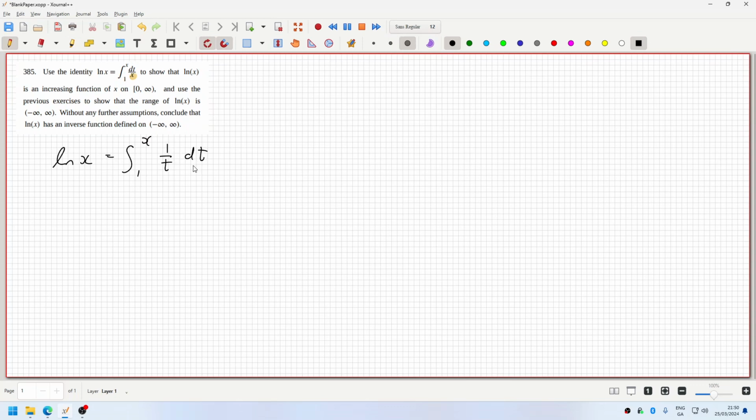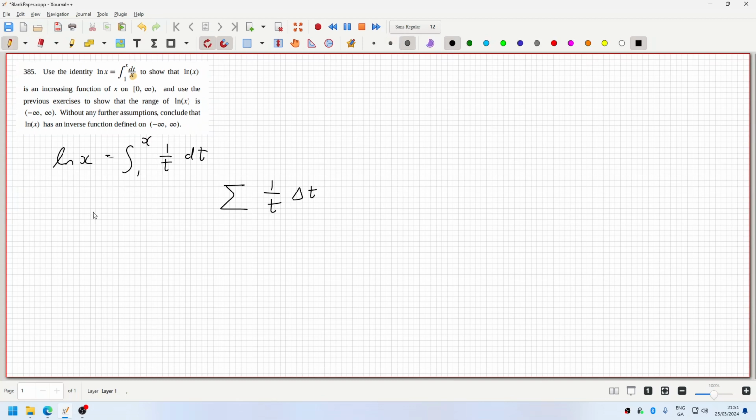So that would equal, you would have log x would be less than the right Riemann sum, 1 over t delta t. It's the right Riemann sum. Is it called a Riemann sum? And then the left one. Oh no, I can't say that because I'm trying to show that it's decreasing. Okay, so